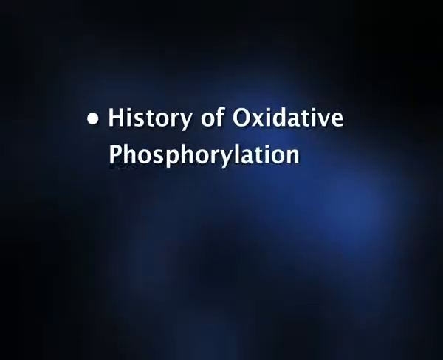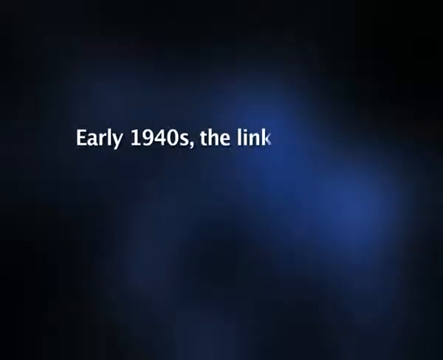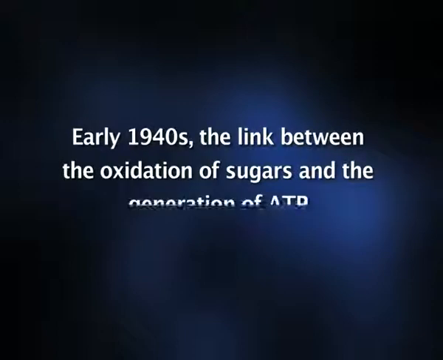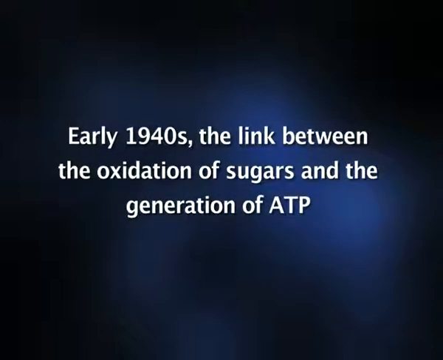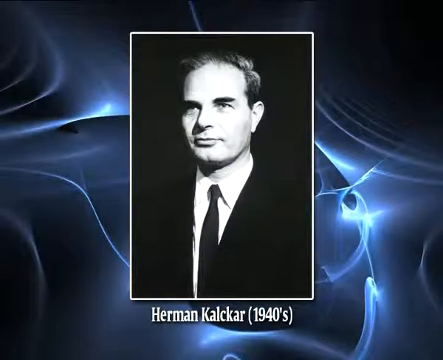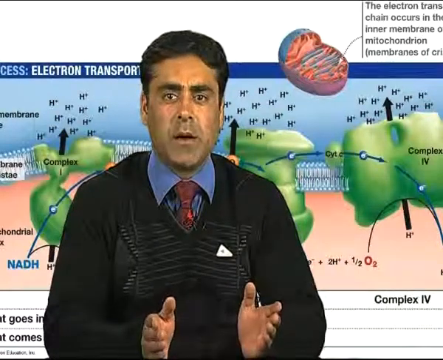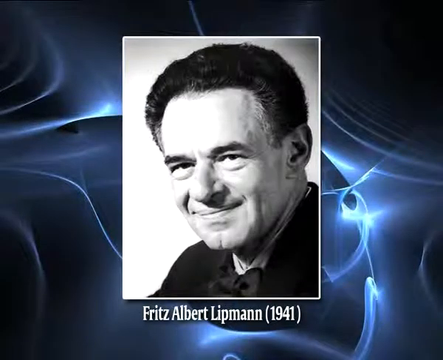Now, we will discuss the history of oxidative phosphorylation. The field of oxidative phosphorylation began with the report in 1906 by Arthur Harden of a vital role for phosphate in cellular fermentation. But initially, only sugar phosphates were known to be involved. However, in the early 1940s, the link between the oxidation of sugar and the generation of ATP was firmly established by Herman Kalckar, confirming the central role of ATP in energy transfer that had been proposed by Fritz Albert Lipmann